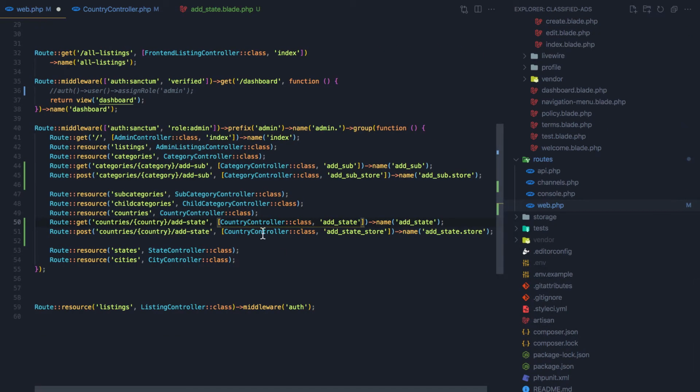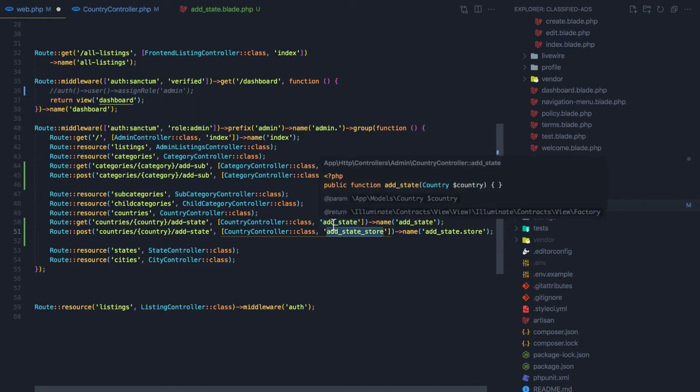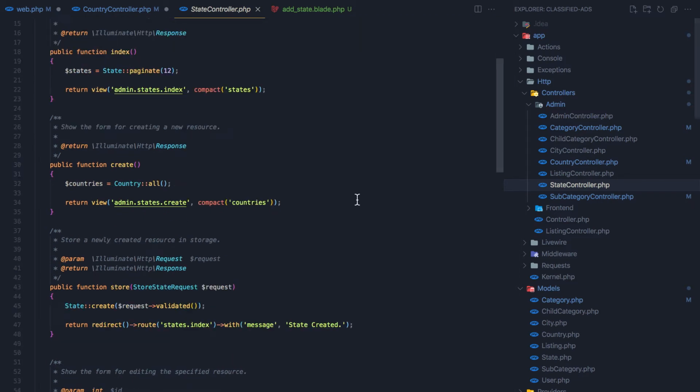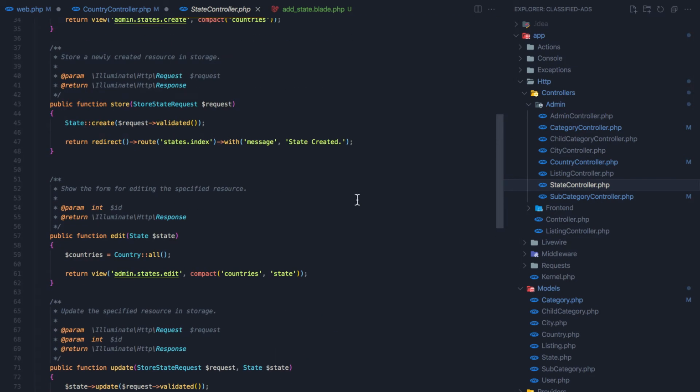Okay, now here in the controller we need to make new method for add state store, and come here, create that method, okay, method, and with that name we expect the country here, country $country, and here I'm going to do the same thing we have in a state controller store, just state create, the request validated, and we return back, but